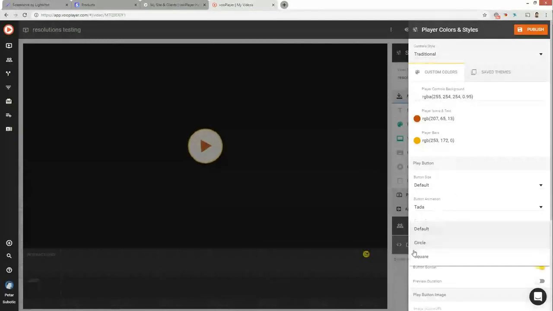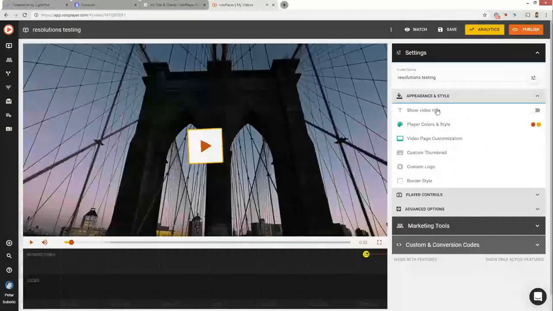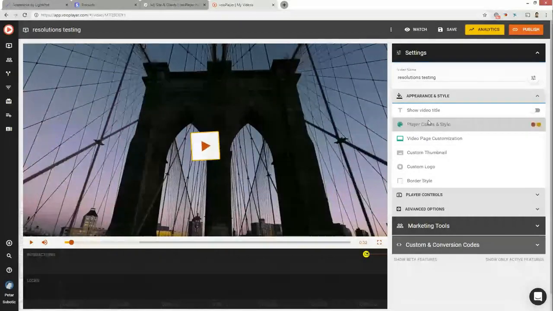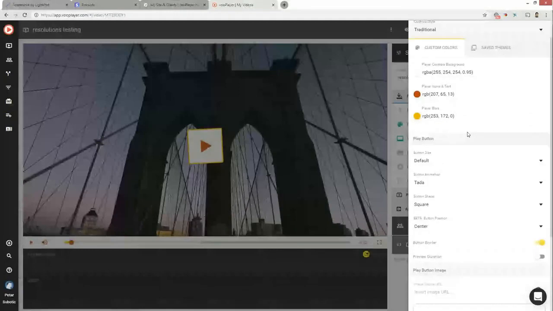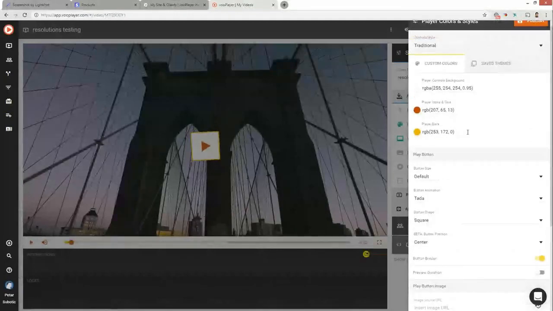Oh, I see what you mean. So you can only do square with traditional. Yeah, that's a miss on our behalf, because the default for the traditional is actually circle rather than a rectangle, as is for the flats.